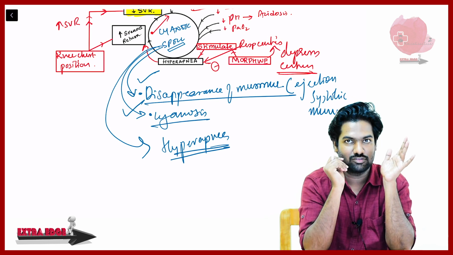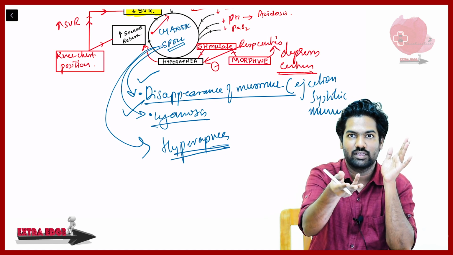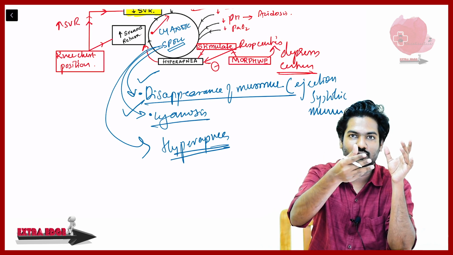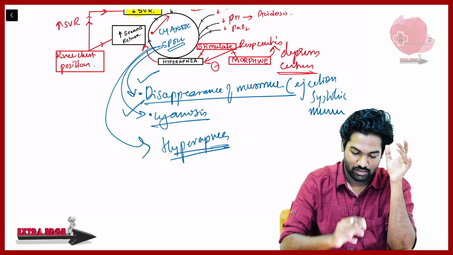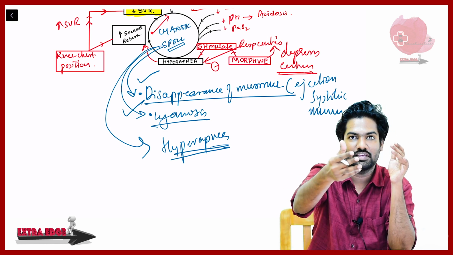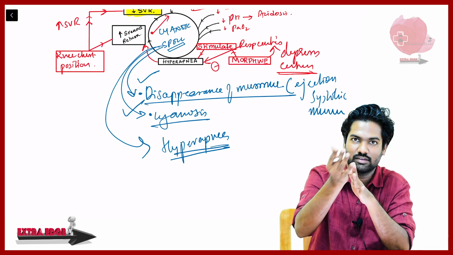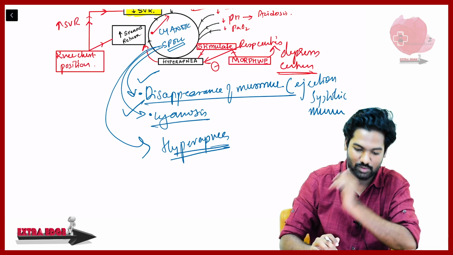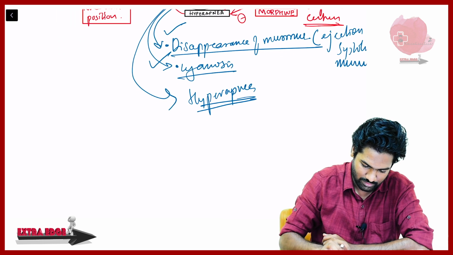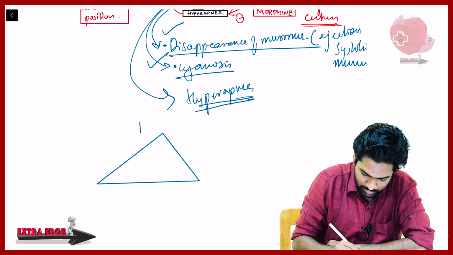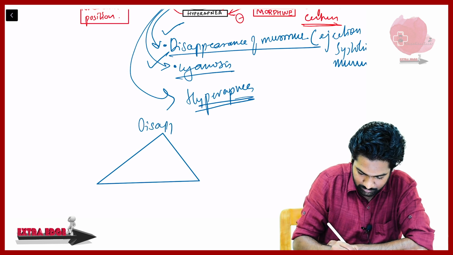And the ejection systolic murmur which I told you we'll be able to hear, that is because of what? Pulmonary, that is because of increased blood flow in the pulmonary stenosis area. Now what is happening? Because of the drop in SVR, the entire blood is going through the aorta only. Okay, mixed. So that is why there is disappearance of murmur. And okay, we shall write this like this in a triangle. Okay, disappearance of murmur.